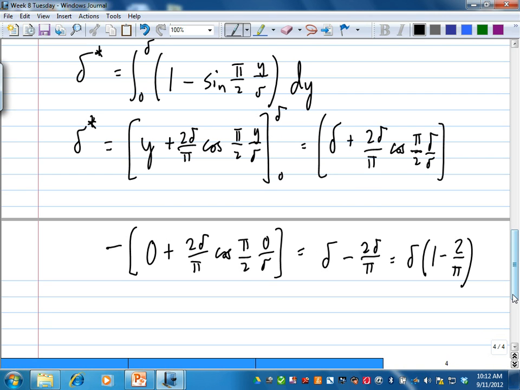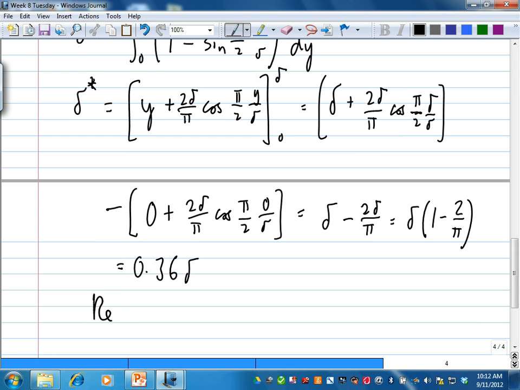Punch your calculator. You can try to do it in your head, but unless you're like Rain Man or something like that. It should be equal to 0.36 there, correct or not? Alright? Okay? If you were to do it with the parabolic profile,